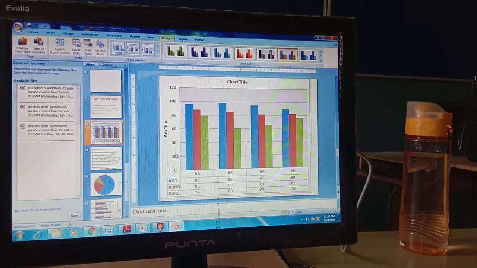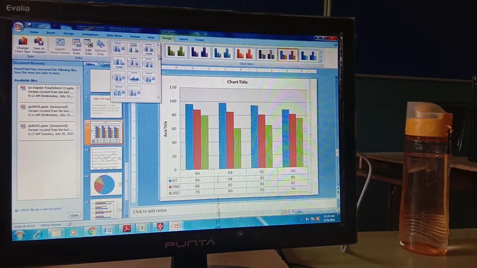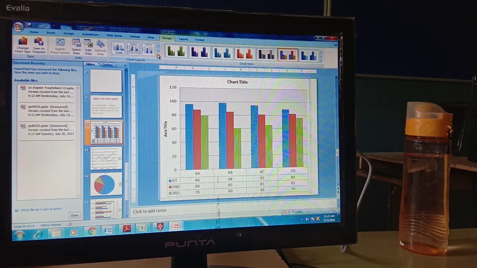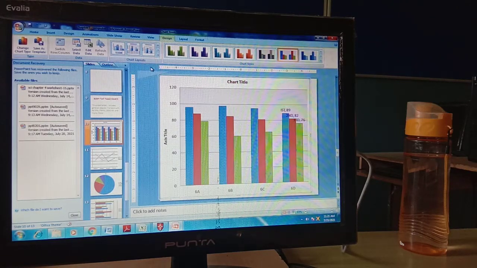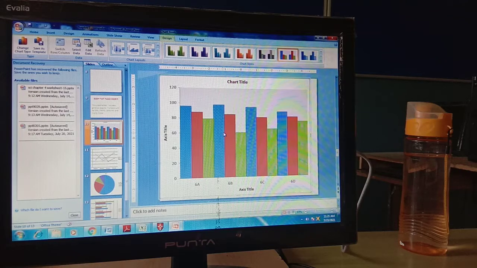Just like this, you can see the numbers will be like this, and it will show you the marks also. So this is a very good layout. It depends on you in which type you want to show the data. It depends on you, student. Just like this, first, second, third. You can have it like this also.